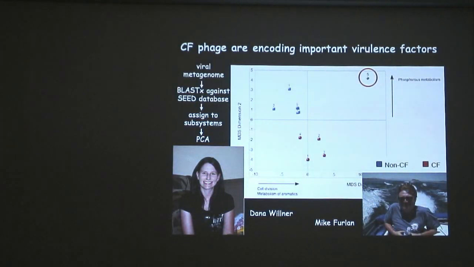Okay. However, if you look at the genes that are there, not just the types of viruses, but the genes, you start to see these really cool things. So here you have the non-CF up here, they cluster together. These are the CF people here, and this other CF person is stuck way out here. And the reason that the genes in the viruses are so different is really because of one gene in this case, and it's called RelA, and I'll tell you about that.